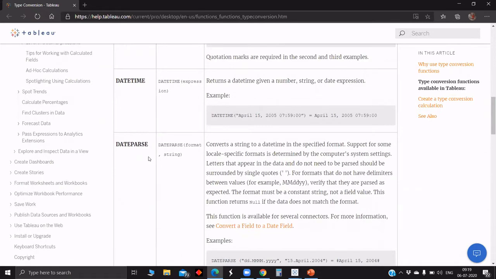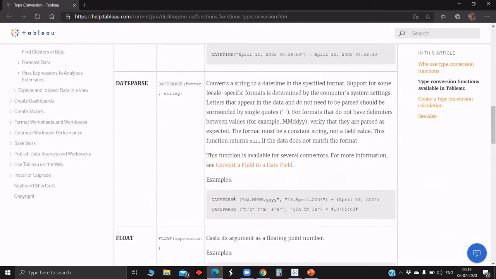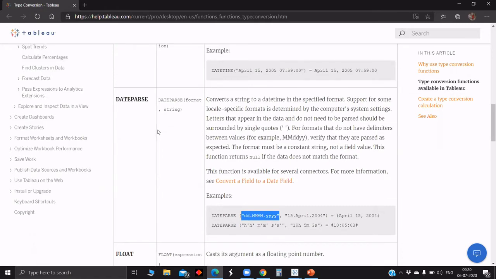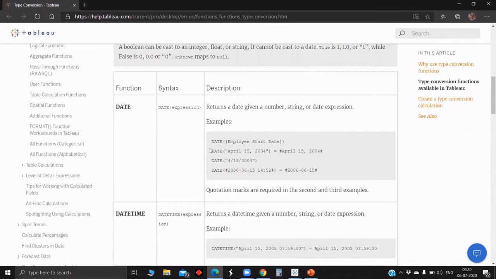Date parse: this function is used to convert to whichever format you want. We can give the format, like dd.mmm and so on, whichever way we want, and based on the format you have given, we will be able to see the date. Earlier, the date function gave the date as per the input we gave.